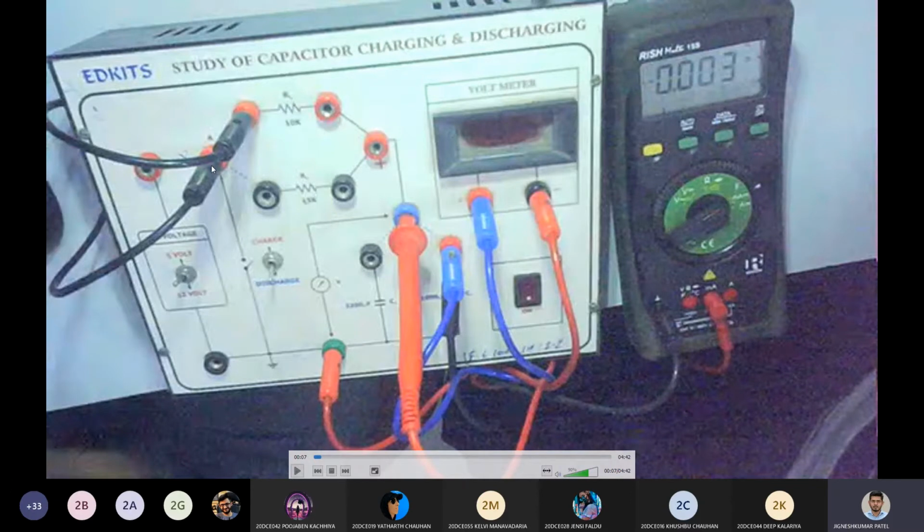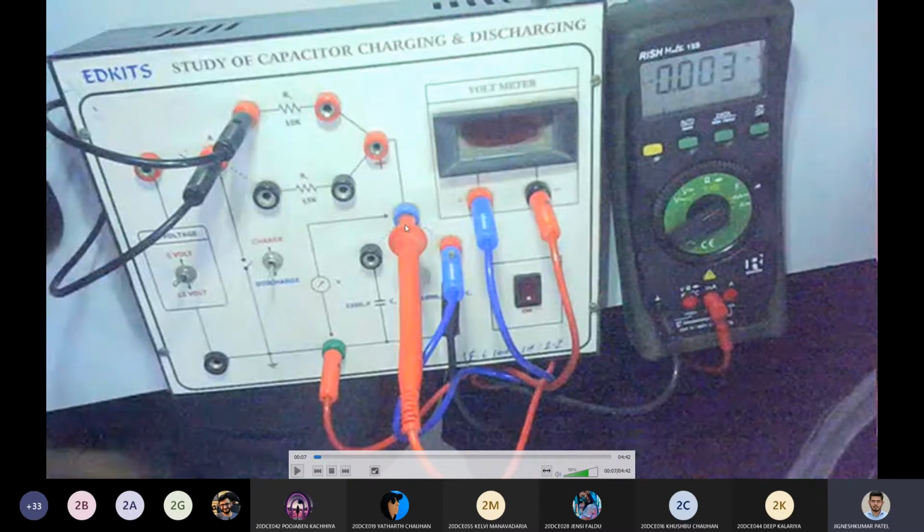So I am connecting. Now see, there are two switches over here. One switch is over here and the second one is here. But the two switches are internally on a single switch. So when I put it on charging, my power will transfer from the battery. And when I put it on discharge, this button is the charging discharging button. So I'll put it in discharge. At that time, this portion, the battery, will be removed and this solid line will be connected. So my closed circuit forms like this.